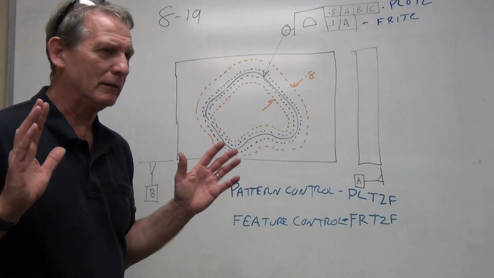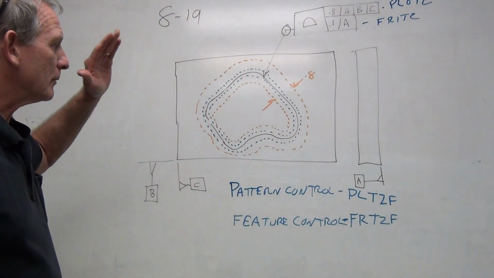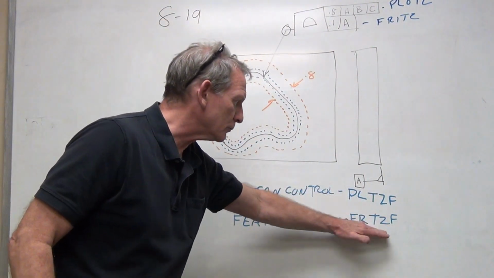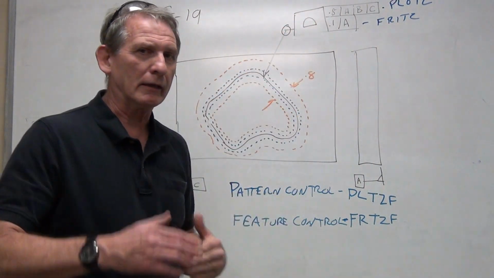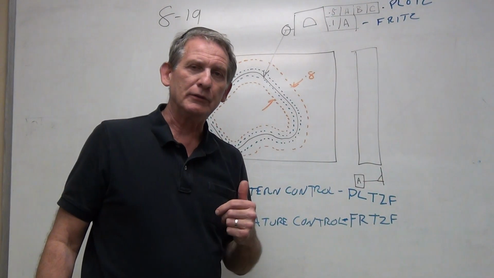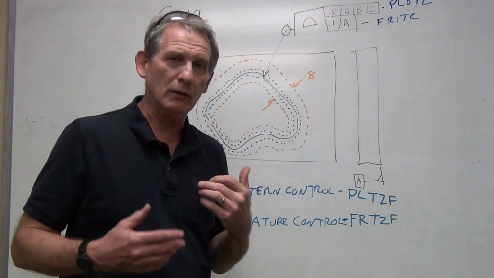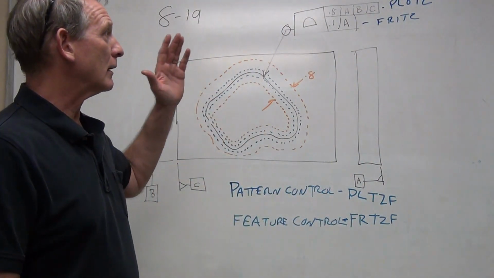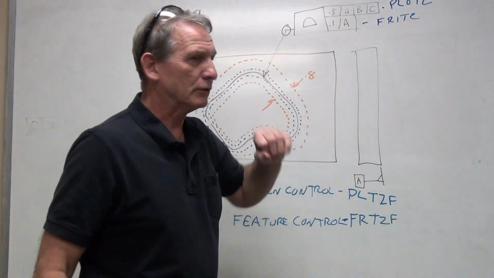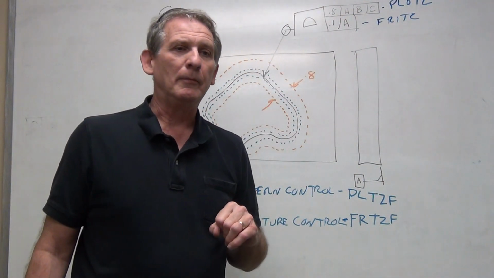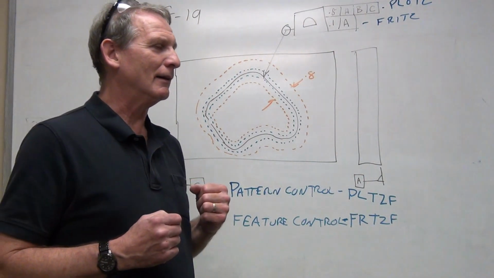I don't want you to worry about it. I do want you to at least be able to recognize these terms. I want you to be able to recognize this weird looking double stacked feature control frame as a composite control. That's all I'll ask you to do, is just recognize that you can do this with a single symbol and two feature control frames. And the reason I want you to know that is that, unfortunately, when we get into